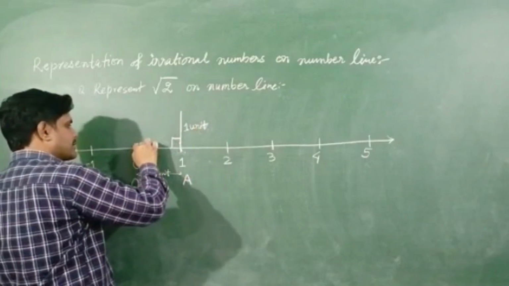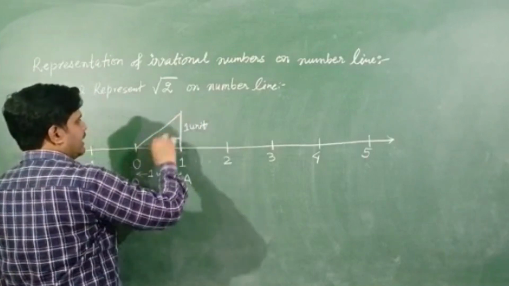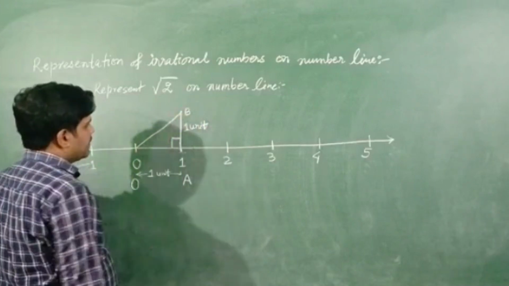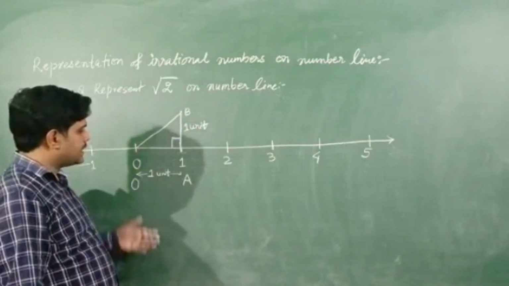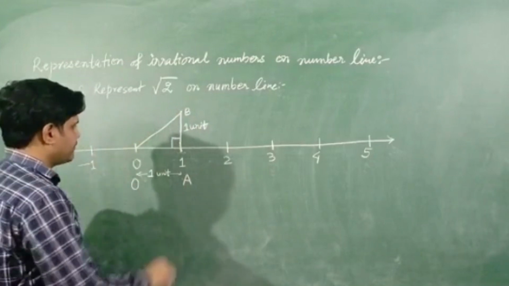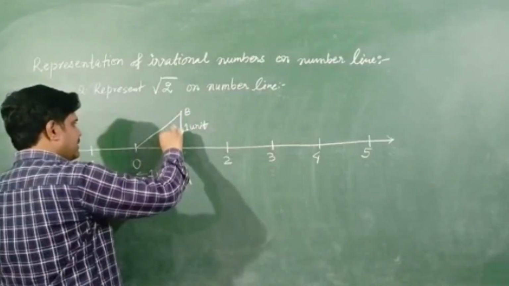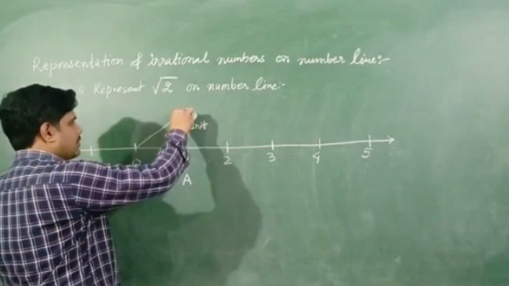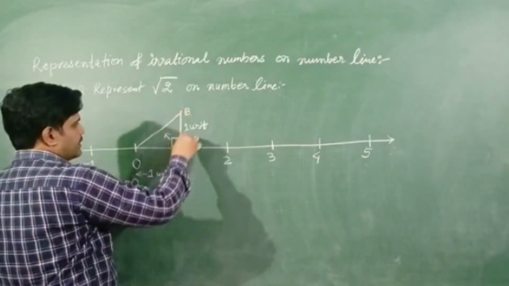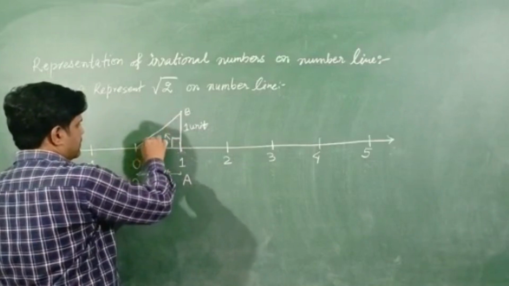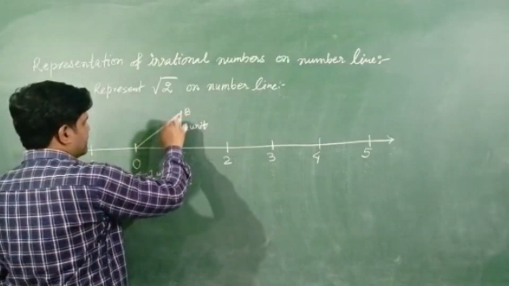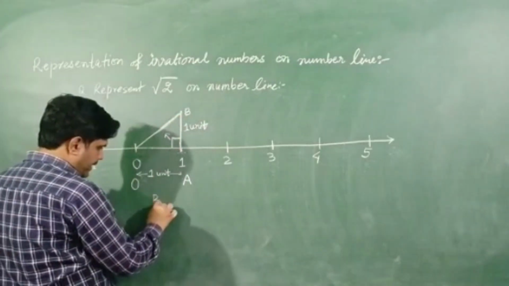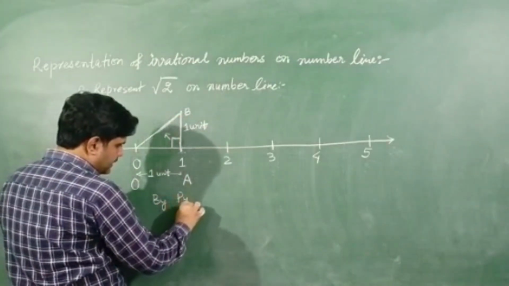Now join this and let's name it as B. Now you can clearly see that there is a right angle triangle formed. So since this is right angle, the side opposite to 90 degree is called hypotenuse, and this is our triangle OAB. So by Pythagoras theorem,